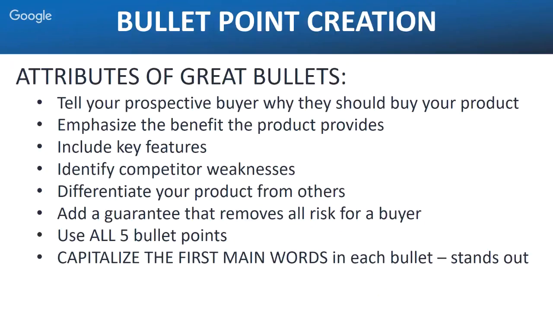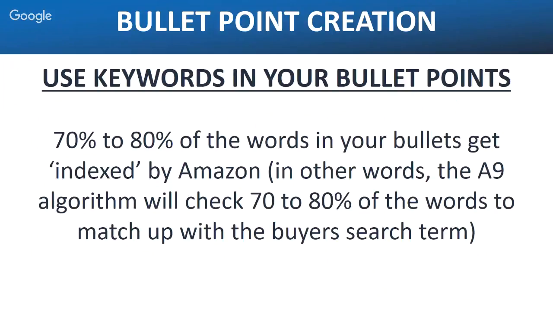Okay, so use keywords in your bullet points. All right, and this is important to understand. 70 to 80% of the words in your bullet points gets indexed by Amazon. In other words, the A9 algorithm will check 70 to 80% of the keywords to match up with the buyer's search term. Remember, if the search term that the buyer is putting in is copper bracelet for men,